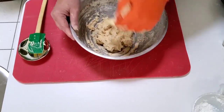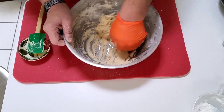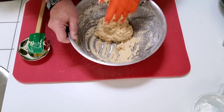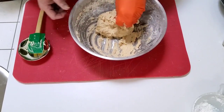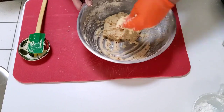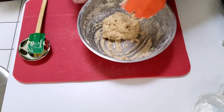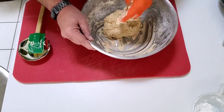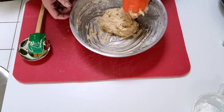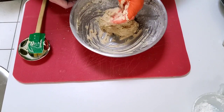Okay? So we have the dough now. Now it's just a matter of letting it sit for a couple minutes. I'm going to put that in the refrigerator, and we'll get out our cookie sheet. And we'll start dropping little golf ball size, thumbing them, and putting in our hot jalapeno raspberry preserves. And you're going to have a sweet and spicy cookie. Excellent for